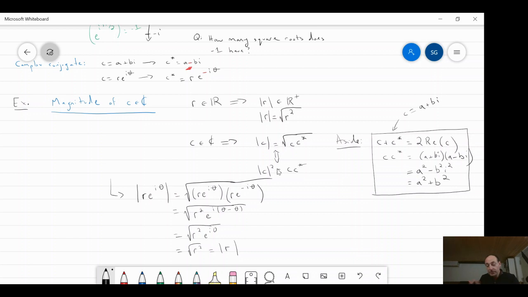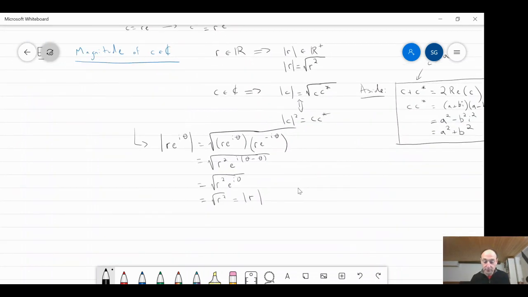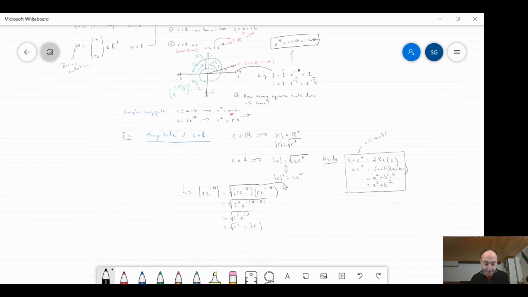Okay, and normally we define r as being a non-negative real number anyway, because it's supposed to denote a length of this thing. Without loss of generality, of course, the sign could be hidden in this rotation angle theta. But you see the magnitude of this thing is just r, as I claimed. Okay, good. So that is our review of complex numbers.